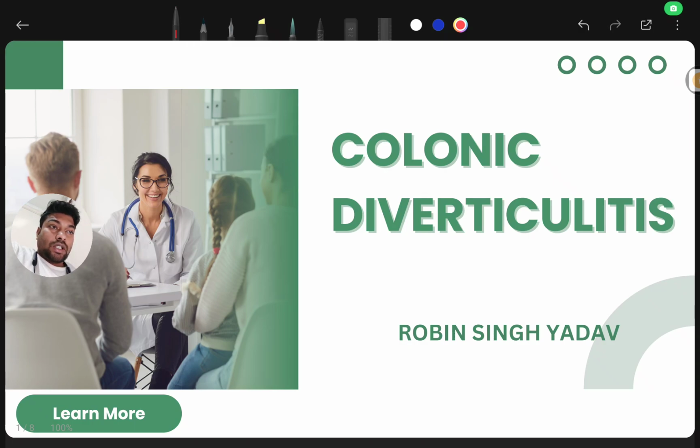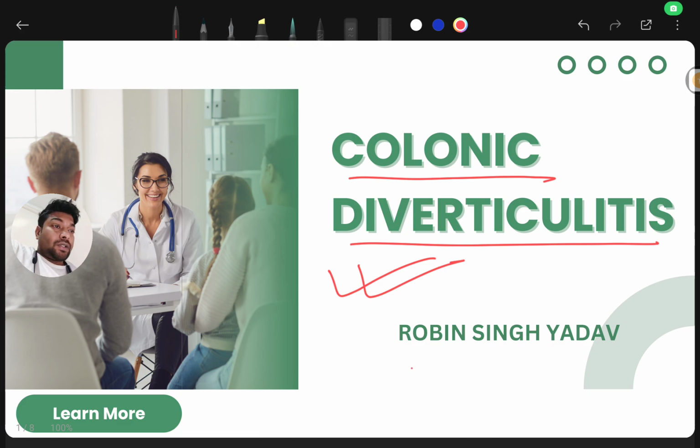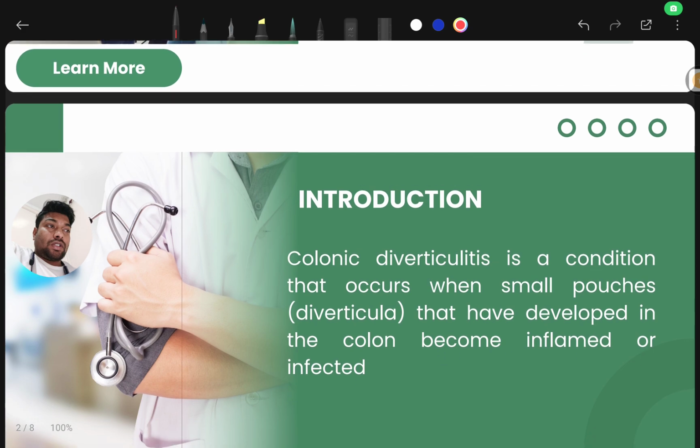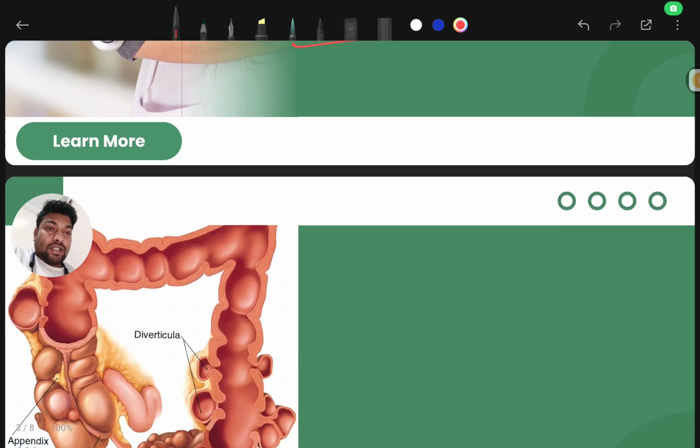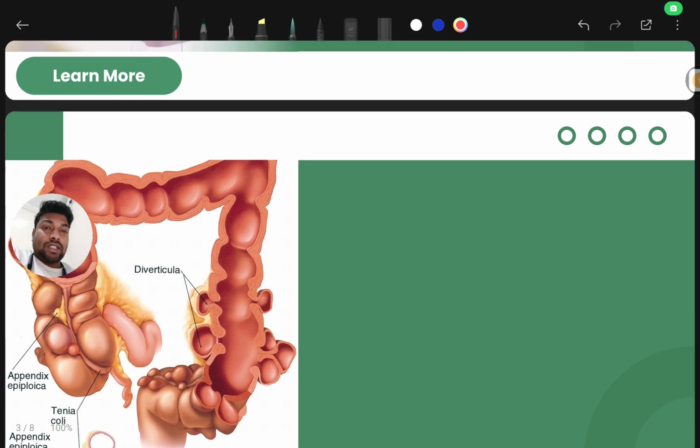Okay, so we're gonna talk about colonic diverticulitis in this part. Okay, and moving to the introductions part of colonic diverticulitis. So here we have colonic diverticulitis is a condition that occurs when small pouches, diverticula, that have developed in the colons become inflamed or infected. So basically, here we can see in the images that